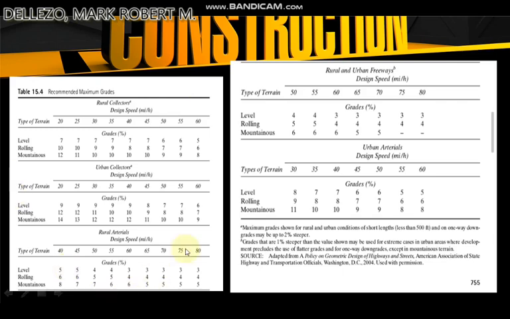So in this picture, table 15.4 is the recommended maximum grades. So you can see the grades of different parts. Then the continuous grades are on this side. Then next,